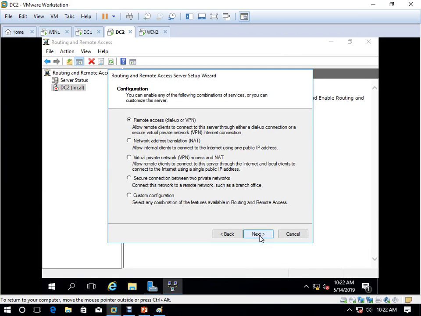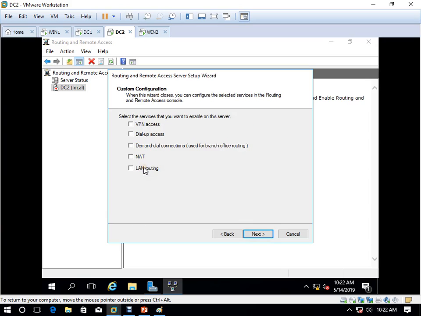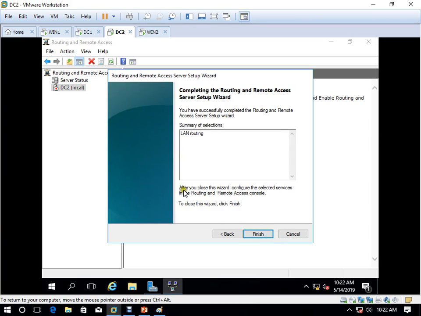Next, click on custom configuration. Next, now LAN routing. Next, finish. Start the service.